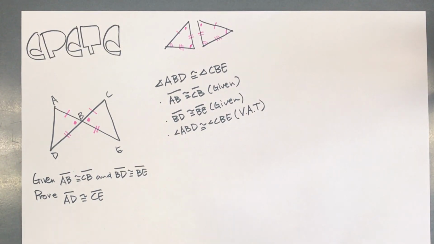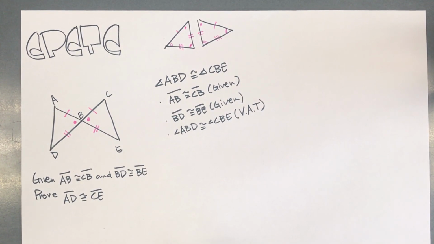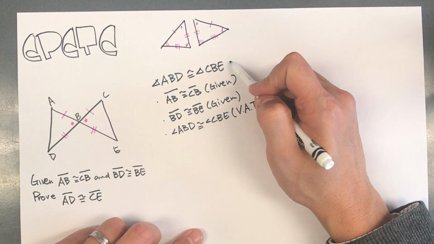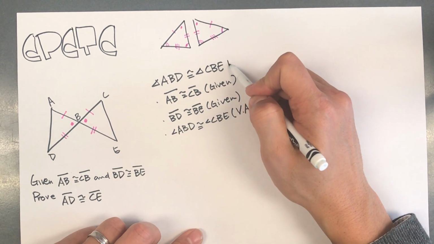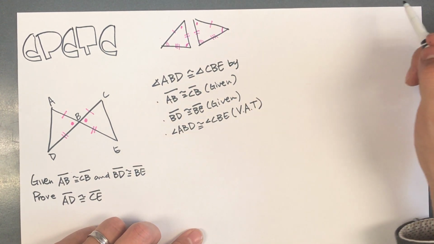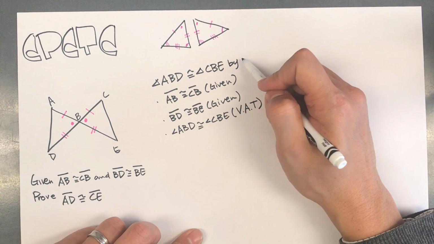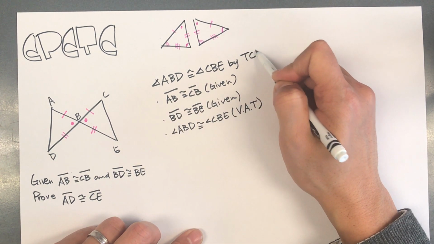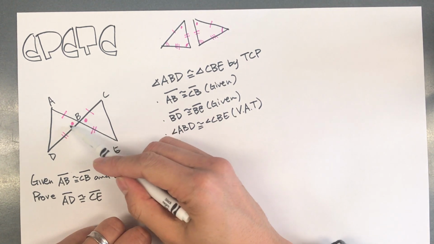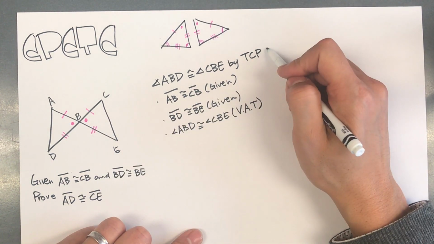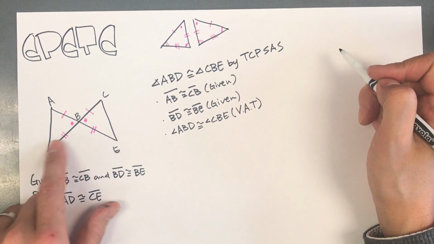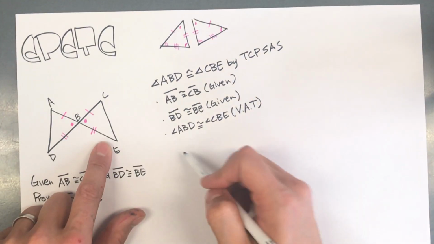Now look at this. How do we know these two triangles are congruent? Well, remember the triangle congruence postulate? These two triangles are congruent by the triangle congruence postulate, side, angle, side. Now, we're going to say these two triangles are congruent. Therefore,